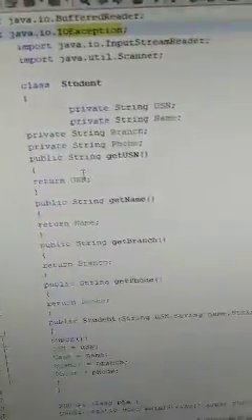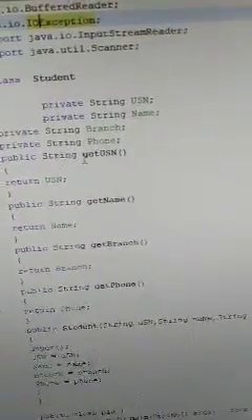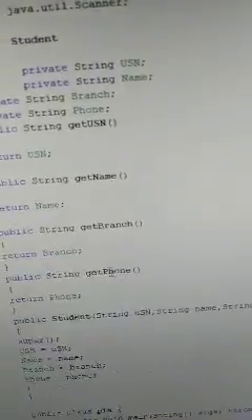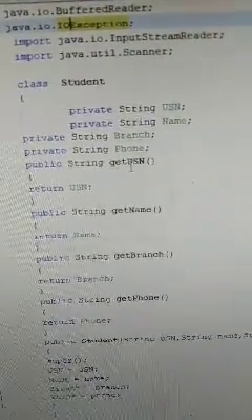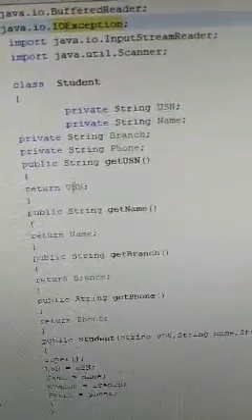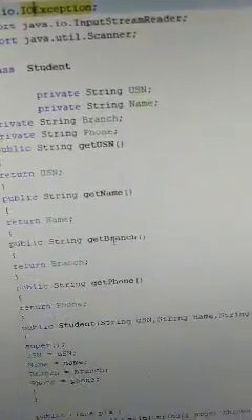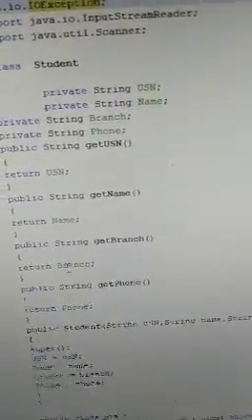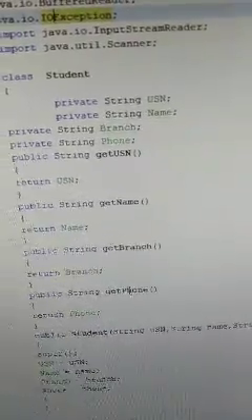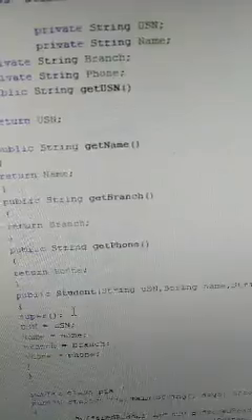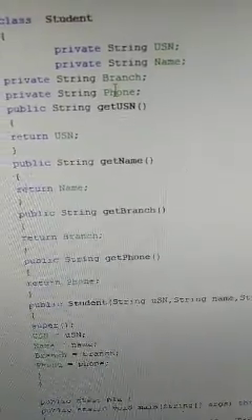Now here I created four methods: getUSN, getName, getBranch and getPhone. Through getUSN we read the USN, through getName the student name, through getBranch the branch of the student, and through getPhone the phone of the student.